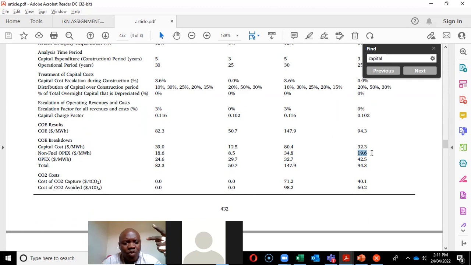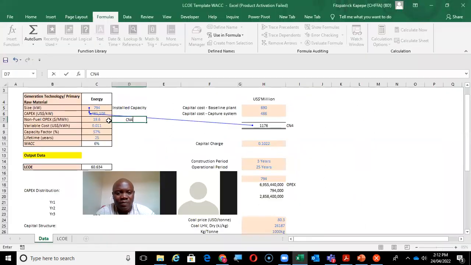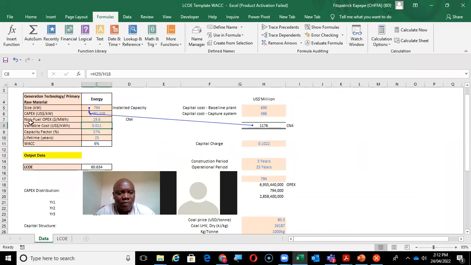Because you have two types of Opex. You have the fuel Opex, which is basically the coal cost, which was, I think, 80.2 per ton. So whatever cost comes in there is regarded as a fuel cost. Then you have the non-fuel Opex, which is $19.60 per megawatt. So that is why I got that number. Okay, yeah. Okay, so on the variable cost,